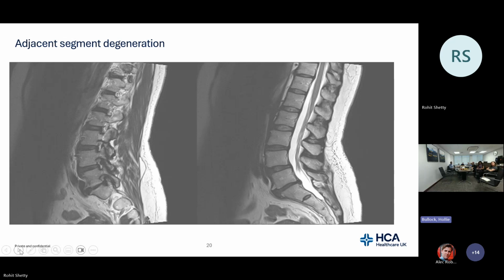So this lady came to me with significant back pain. She's been under my care, I've known her for about 5-6 years. On the left-hand side, you can see she's got multi-level degeneration. So she's got 3 of those discs, which are quite